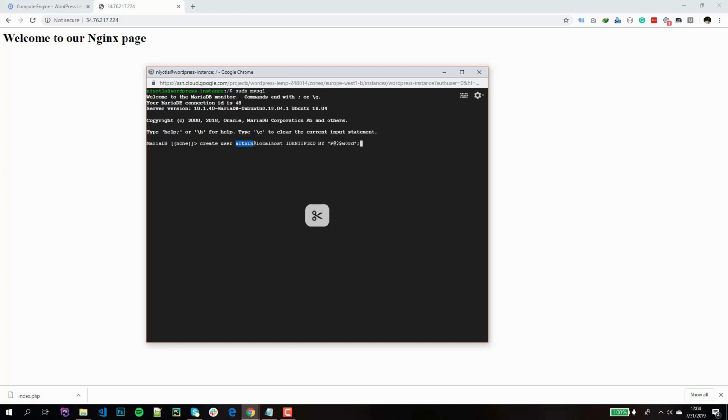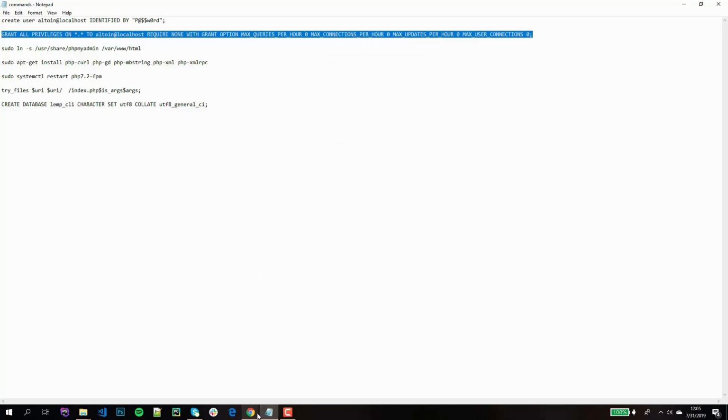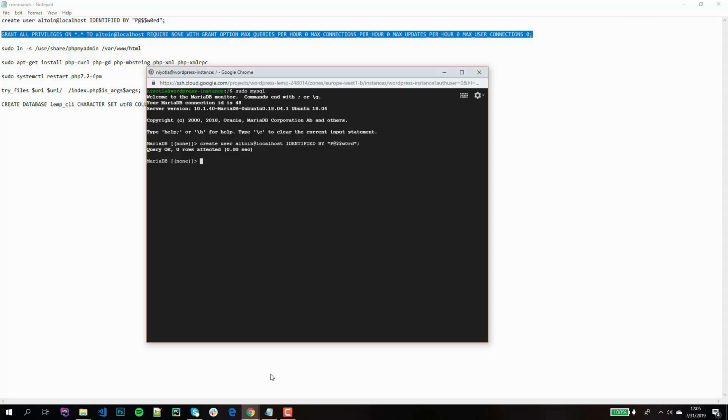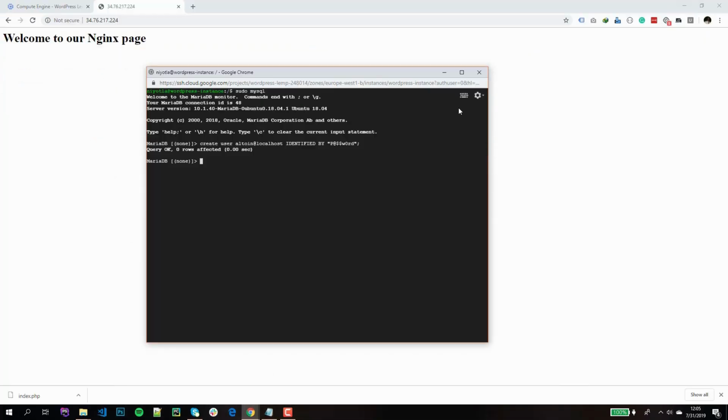To give this user rights on our database, we need to paste in another command that will grant the user privilege on our database. So I'm going to paste the command here, and this command will grant all on all to this user right here. So I'm going to click enter. Now we've granted the privilege to this user. We can confirm by selecting